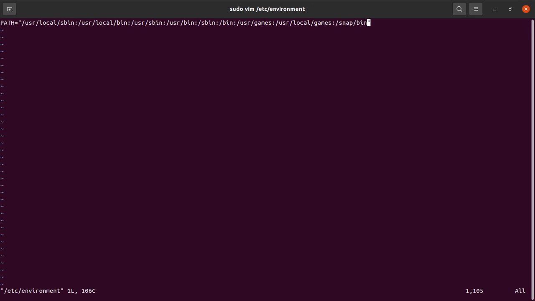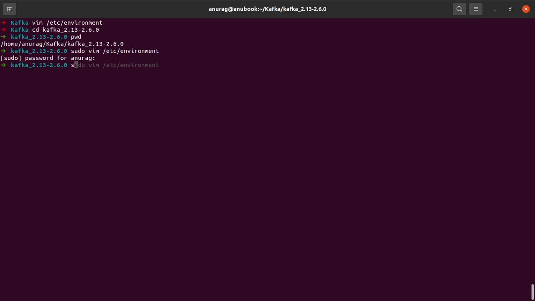vim /etc/environment. Here you can see that I have this variable called PATH, which is having all of these locations separated by colons. So what I'll do here is I will also add the bin directory of Kafka in the PATH variable. So I pasted the name of the directory that I just copied, and then after this I will say /bin. I hit escape and save this file, and the next thing I do is